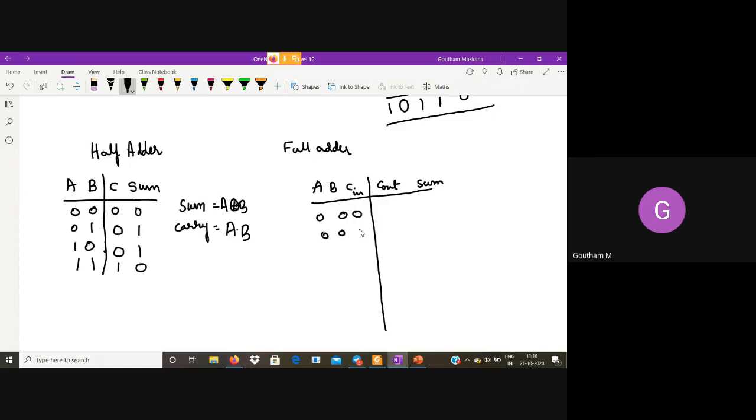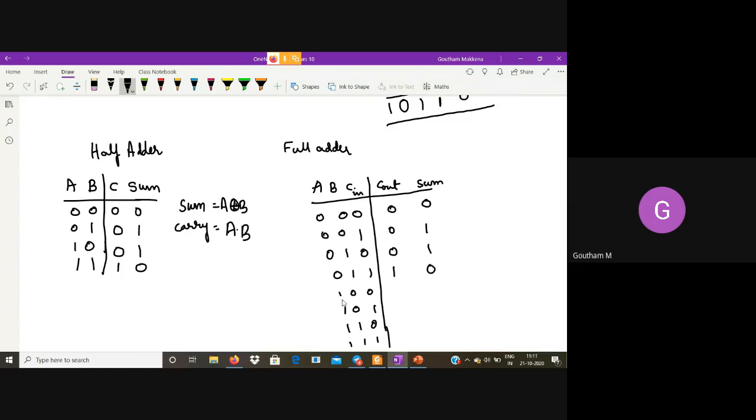So you come up with the truth table. This is the normal routine. 0 plus 0 plus 0 is 0. 0 plus 0 plus 1 is 1, so 0, 1. 0 plus 1 plus 0 is 1. 0 plus 1 plus 1 is 2.